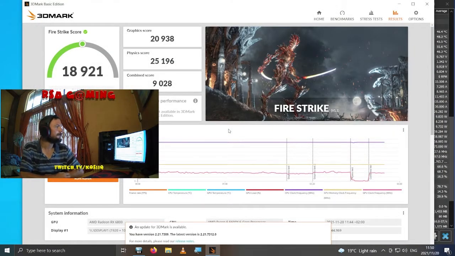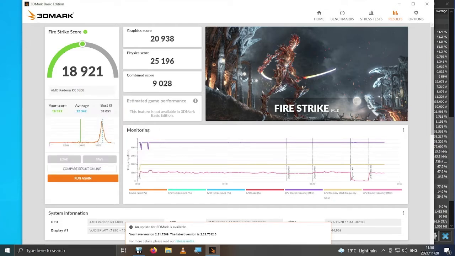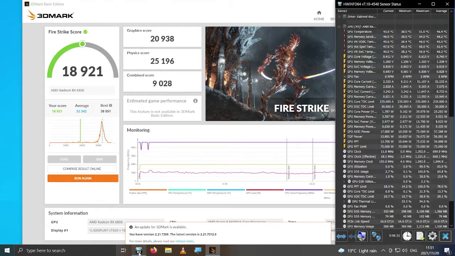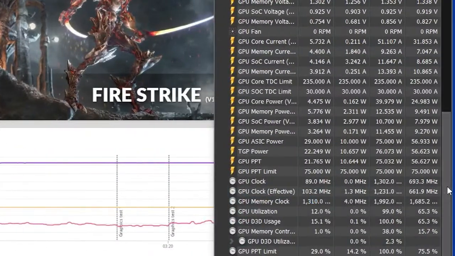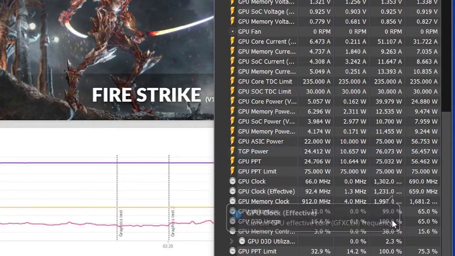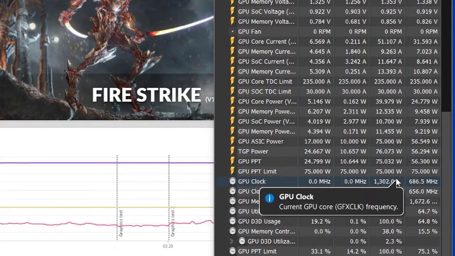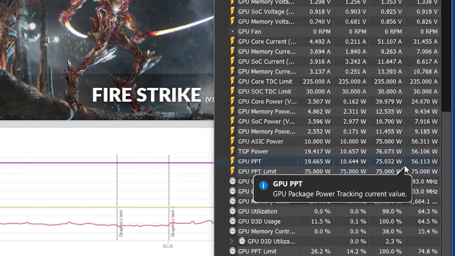So, well, I guess I already beat that score. Let me just remove my camera, then you can see clearly. Alright, so I got 25k on the physics and on the graphics 20.9. So I guess I already beat it, but let's just make sure that our TGP remained at relatively 75 watt. Let's see. Okay, we did get 76 watt there, but the TGP itself,